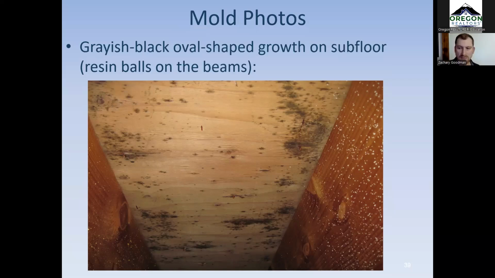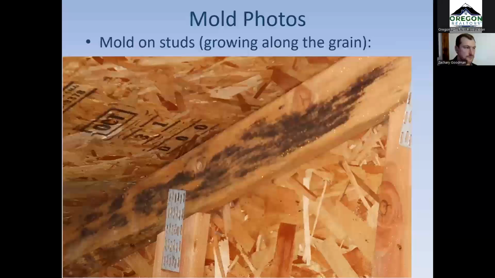Question here: does Alpha wipe down surfaces in a room or areas that have mold but no signs? Yes, if we find mold in a property as part of our scope, we will almost always recommend that. I don't know why we wouldn't. The only reason we wouldn't do it is if the client did not want to pay for it.